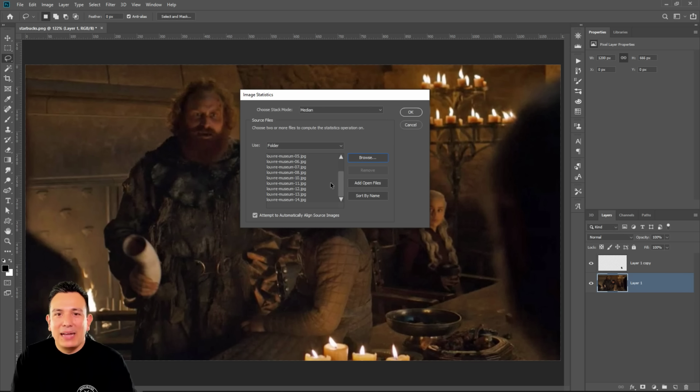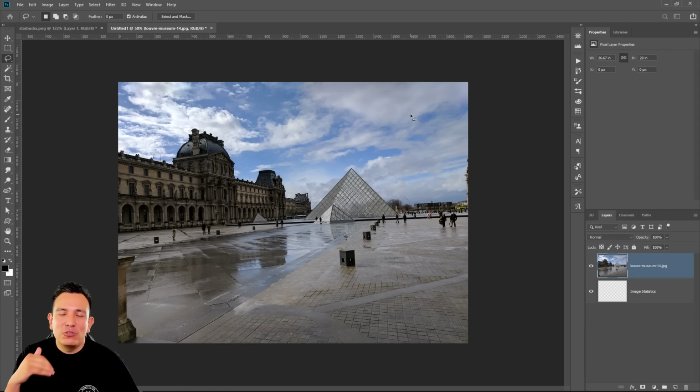And remember, I didn't have a tripod. I was with my cell phone. I was holding my cell phone as steady as I could. But even then, it's moving a little bit. I'm breathing, there's wind, there's subtle movements. And for this to work, everything needs to be aligned. So I'm going to check this box to tell Photoshop to try to align those images for me. So Photoshop is going to distort each of these images to try to align them. It's better if you have a tripod, but as you will see, it's not necessary, but a tripod will be the way to go. So I'm going to press the OK button,